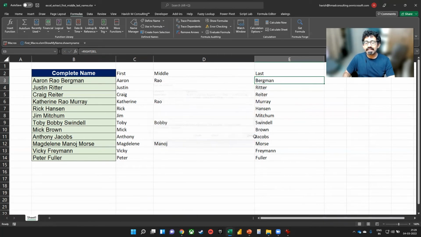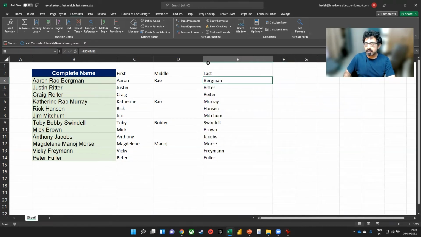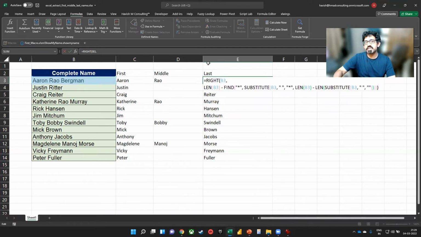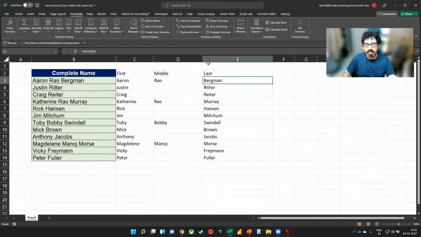Do keep in mind that using these functions, left, right, mid, find, search, repeat, substitute, and other text functions, if you search on the internet, there will be some variations that you would find. So I'm not telling you that this is the only way of doing it, or it is the fastest and the most efficient way of doing it. But this is definitely one of the easier ways of doing it, right? This is what I use personally as well.